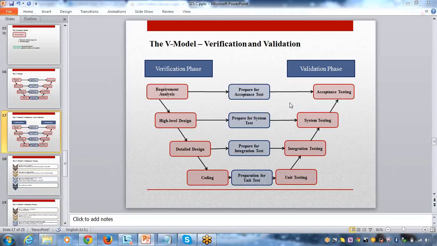Whereas validation means I will go to the application and check each and every requirement based on the design. That means you are checking everything, and if everything is working fine, then only we will say that yes, I am good, that my product has good quality. So here, this is your verification and this is your validation. We know that SDLC has different phases like requirement analysis, design, coding, and if you see here,